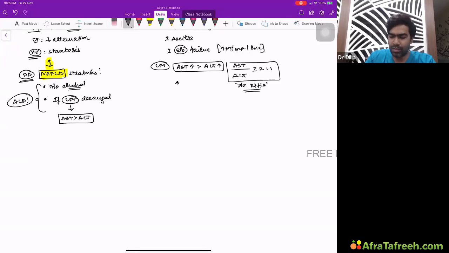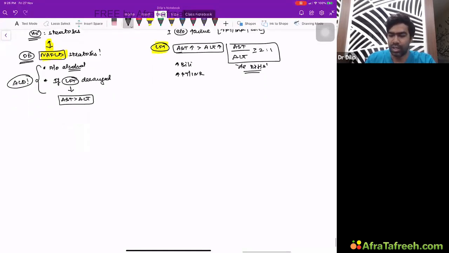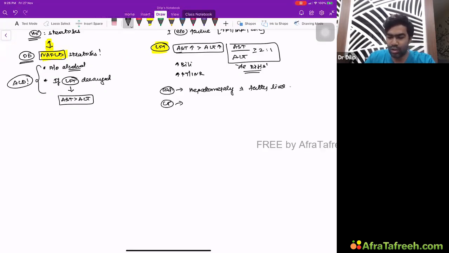At the same time, many of these patients will have increased bilirubin. Many will have increased PT/INR. Many may have encephalopathy, and these are characteristic LFTs of alcoholic hepatitis. If you do an ultrasound, you can see hepatomegaly, which is not a very prominent feature of alcoholic liver disease, but in alcoholic hepatitis, the hepatomegaly may be very prominent. At the same time, you will be seeing fatty liver as well. Once again, CT will not show much. CT will also show hepatomegaly, plus reduced attenuation, which is a characteristic feature of a fatty liver.